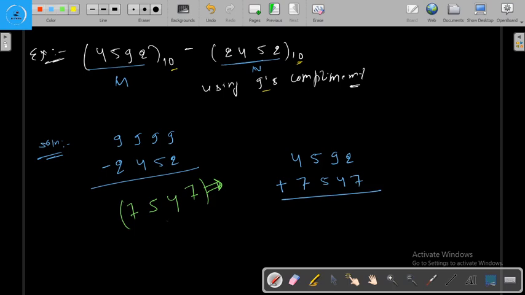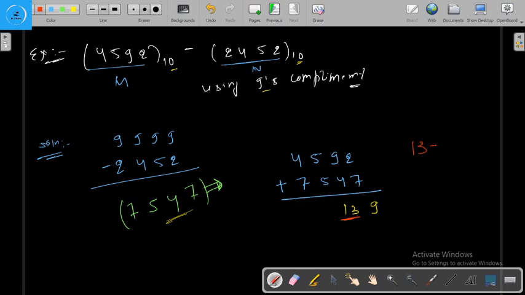Okay, this we are going to add in this. So 7 plus 2 is 9. Okay, 9 plus 4 is 13. So we write simply 13 here. No, it's wrong, we cannot write 13 here. Why? Because its radix is 10 and we can put the maximum number in this number system up to 9 in the decimal number system. So we cannot write 13 here. 9 plus 4 equal to 13.